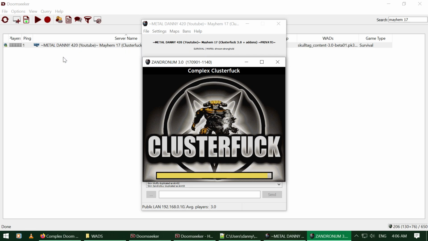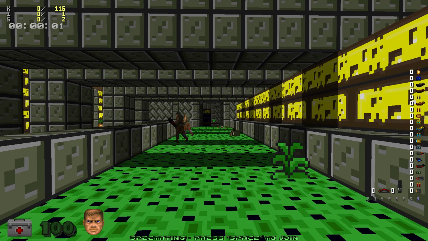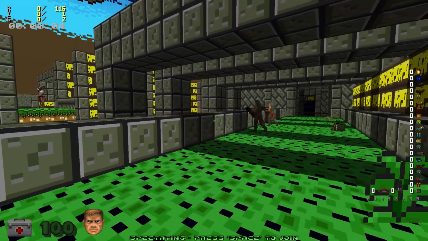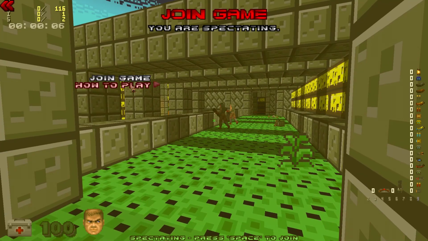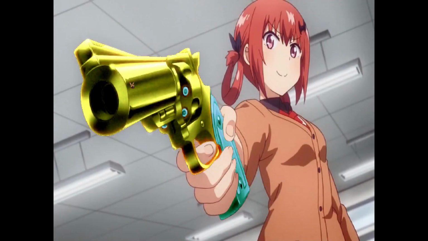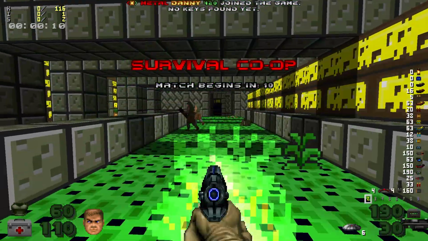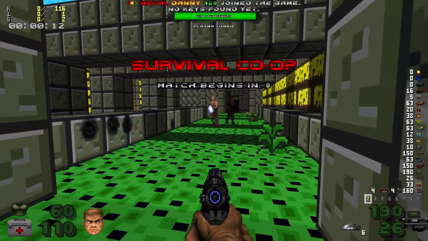Everyone else will have to join the public one. Only people on your own network can see that blue bar. Probably will have to refresh for it to see it. And then simply join it, and there you go. It works. Everything's there. You can check everything, all the settings, and everything you need to do.